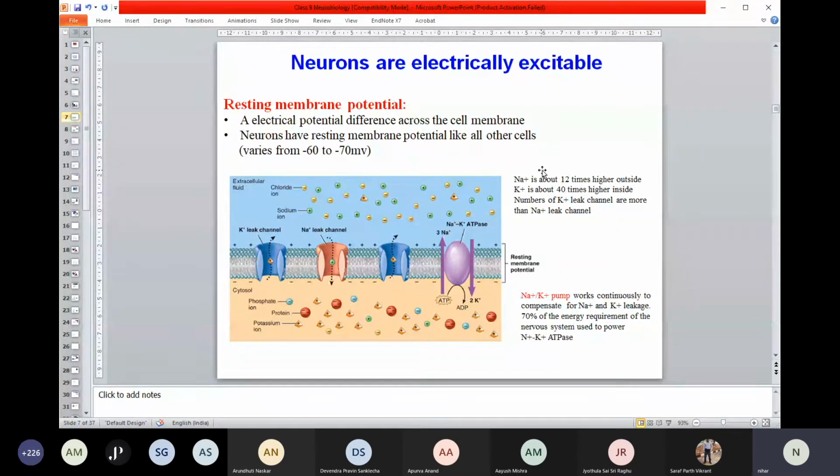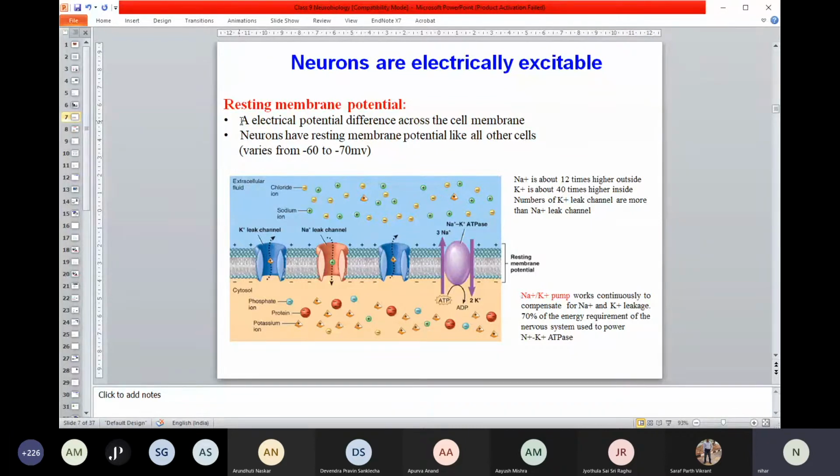Let me first talk about how neurons actually generate electrical signals. Whenever you see some object, whenever you hear some sound, or somebody touches you, you feel it. How does it happen? Think about photons of light, a sound wave, or even a mechanical touch. They are all, at the end, converted to electrical signals. So how does that happen?